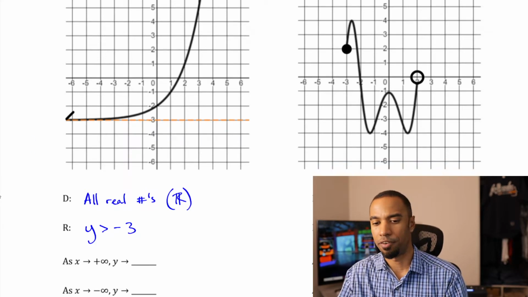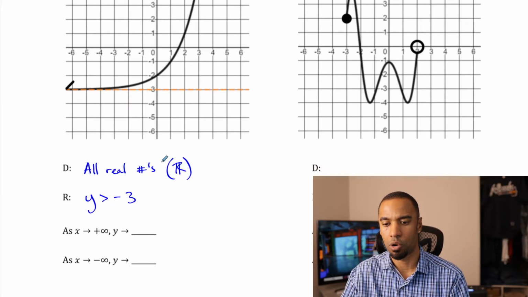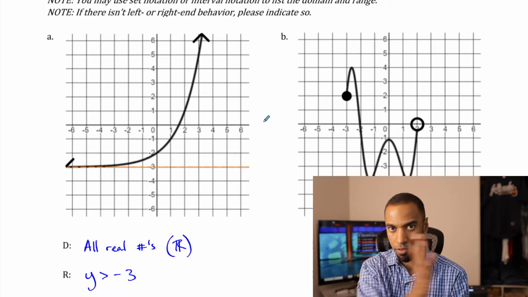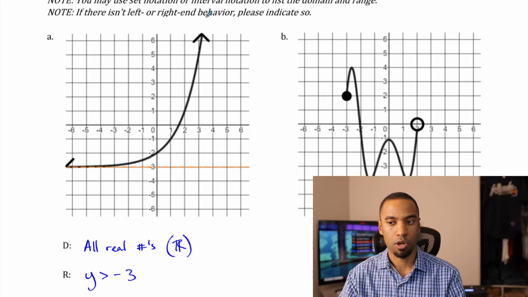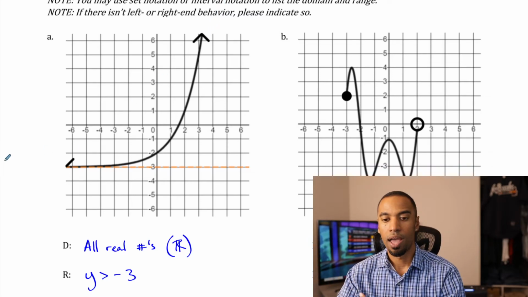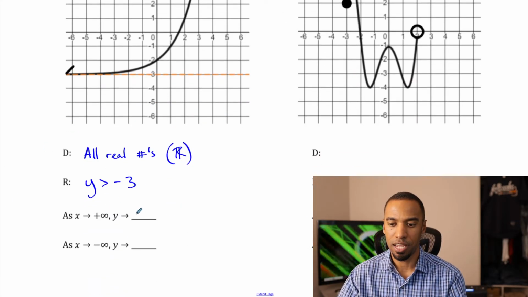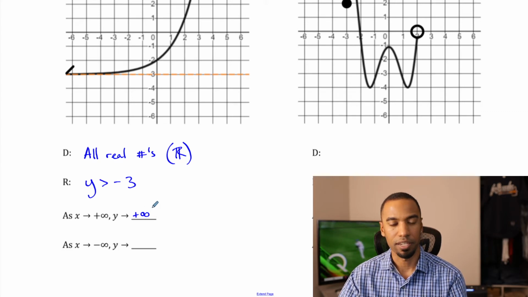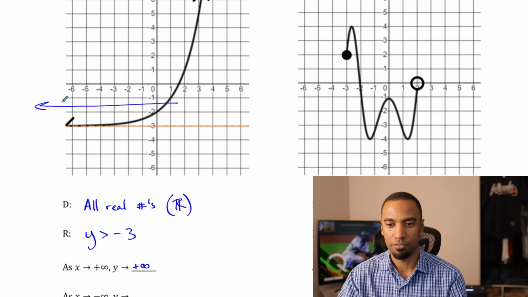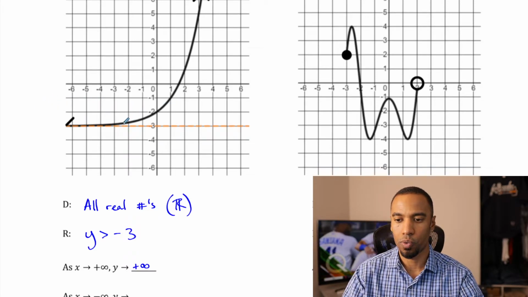All right, end behavior. This does have end behavior because it has an all real number domain. So we go to positive infinity. We go forever to the right here. And it seems like we also go forever upward toward positive infinity. So as x approaches positive infinity, y approaches positive infinity. And as x approaches negative infinity, as we go forever left here, it's starting to converge closer and closer to